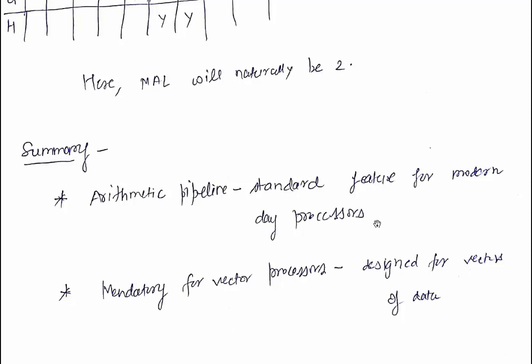It would be useful for vector processing, designed for vectors of data, where you have 10,000 or millions of items which would be added together, and those additions may go into a subsequent number of stages. So under vector processing, these arithmetic pipelines would be useful, and they are a standard feature of modern day processors. They are utilized very frequently in modern day processors, because today is the era where computation is needed worldwide. They are useful for vector processors, or designed where you have array or vector sort of data operations.